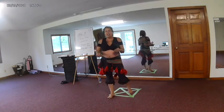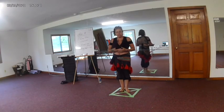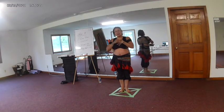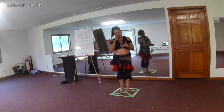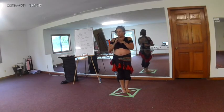Getting it. And it's more or less the repetition of getting those into your muscles. I did notice in the corner of my eye, strong arms. So for the strong arm placement,